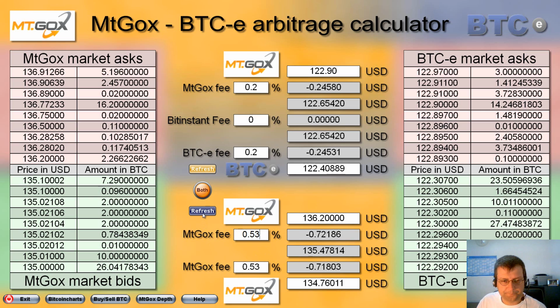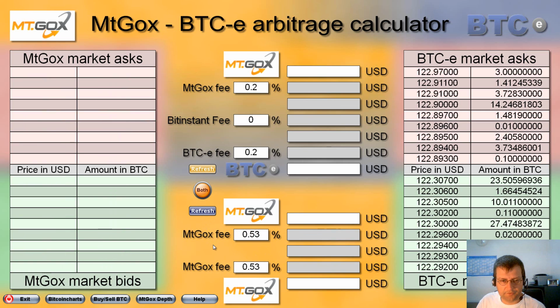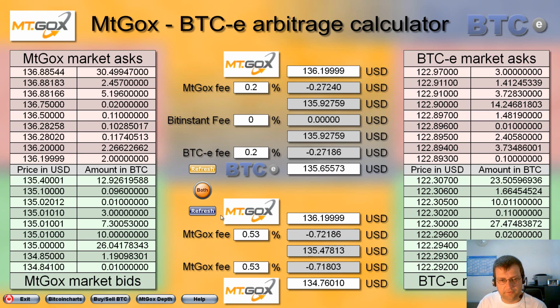And let's just refresh the Mt. Gox market data and have a look at what this means for the trading. Oh, I guess this was taking too long. I should give it another chance. Okay, so if I sell for this amount,